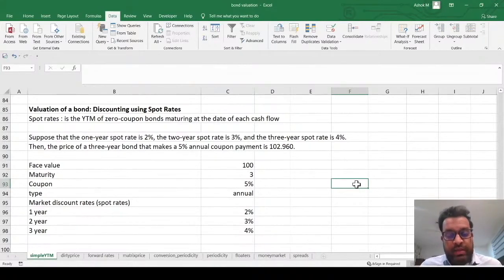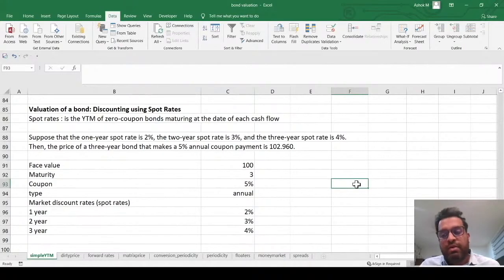Spot rate is nothing but the YTM on zero coupon bonds, usually treasury bonds which have no credit risk. It's the yield on a zero coupon bond. So for example, if you have a zero coupon bond which matures in 6 months, there is no coupon. You get the principal value at the end of 6 months. If that is trading in the market, you can derive that YTM, and that gives you the cleanest figure of a risk-free rate.